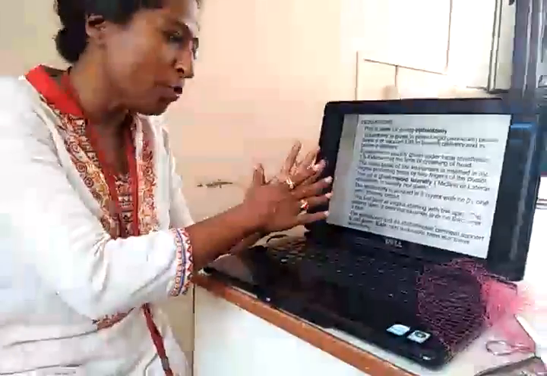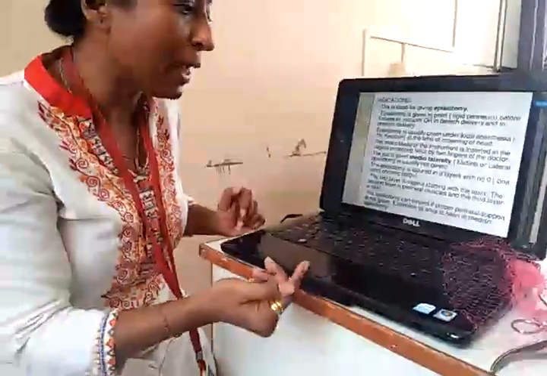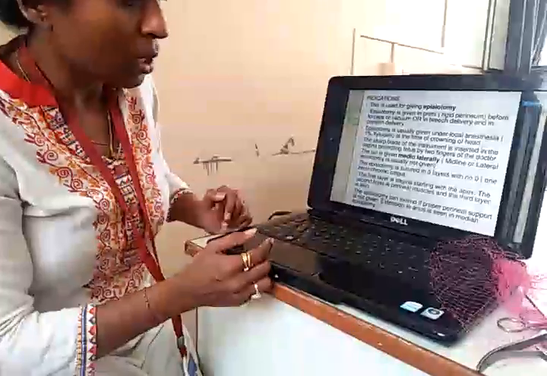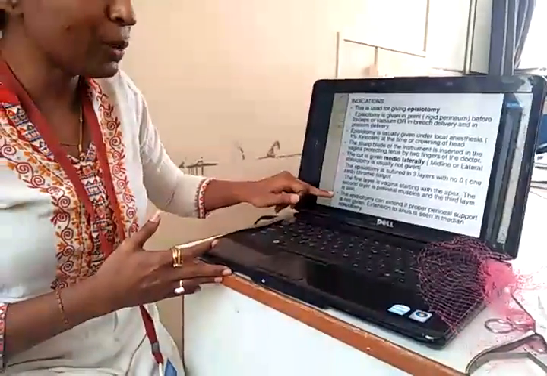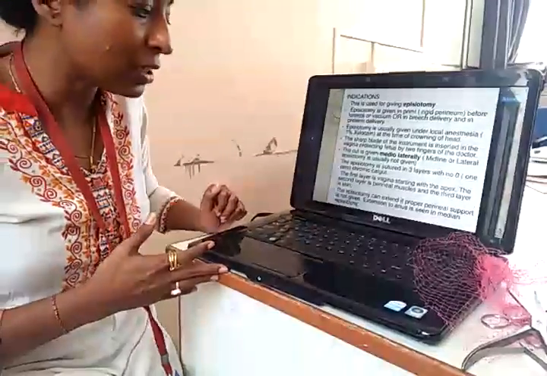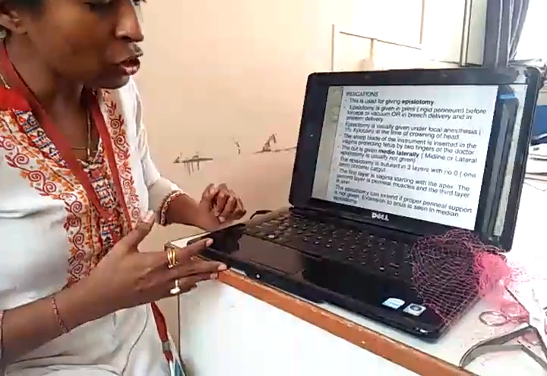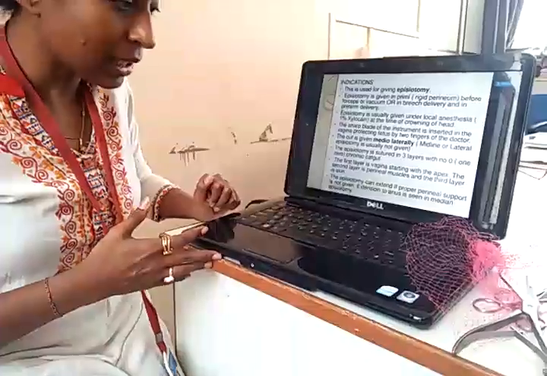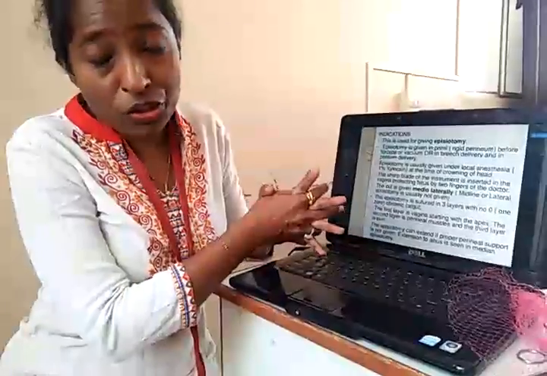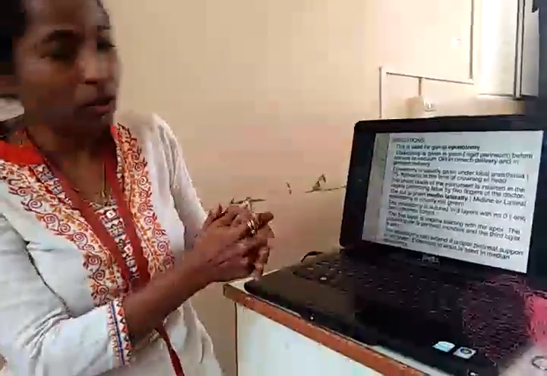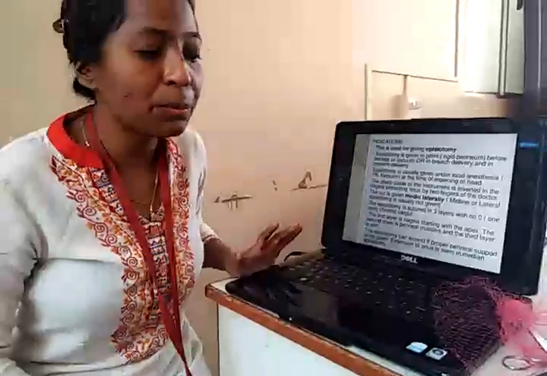The first layer is the vagina, starting with the apex. The second layer is the perineal muscles and the third layer is the skin. The episiotomy can extend if proper perineal support is not given. Extension to the anus is seen in median episiotomy. And what is the basic intention of this episiotomy? For prevention of perineal tear. So that is the instrument, the episiotomy scissor.